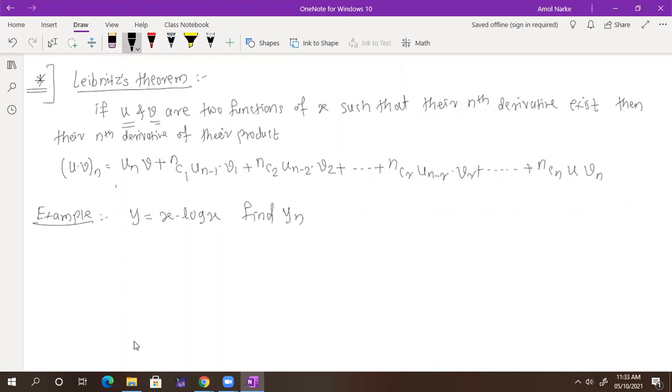So log should be u. Why? ILATE. Okay, ILATE is a good thing. ILATE is also very close, but while observing above, ILATE is applicable for integration. Sir, also the derivatives of x, like v1, v2, will become 0 later. Ah, exactly. See, suppose you consider this as your u. What is the nth derivative of that x? It is 0. What is the (n minus 1)th? It is 0. What is (n minus 2)th? It is 0.